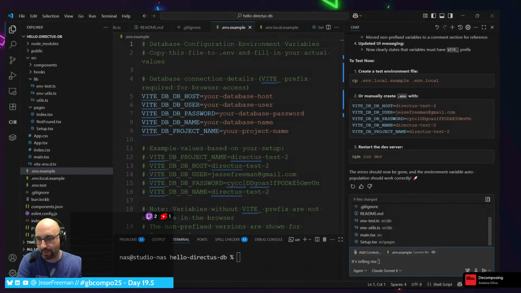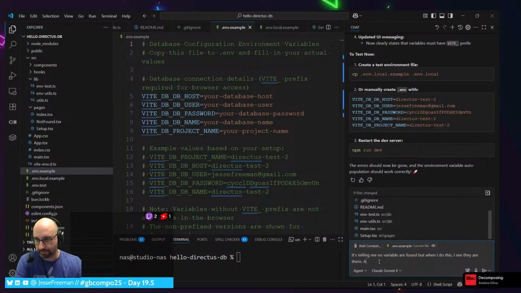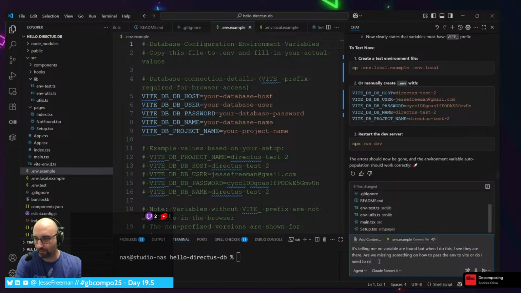It's telling me no variables are found. But when I do this, there, are we missing something on how to pass the commands to Vite? Or do I need to restart?